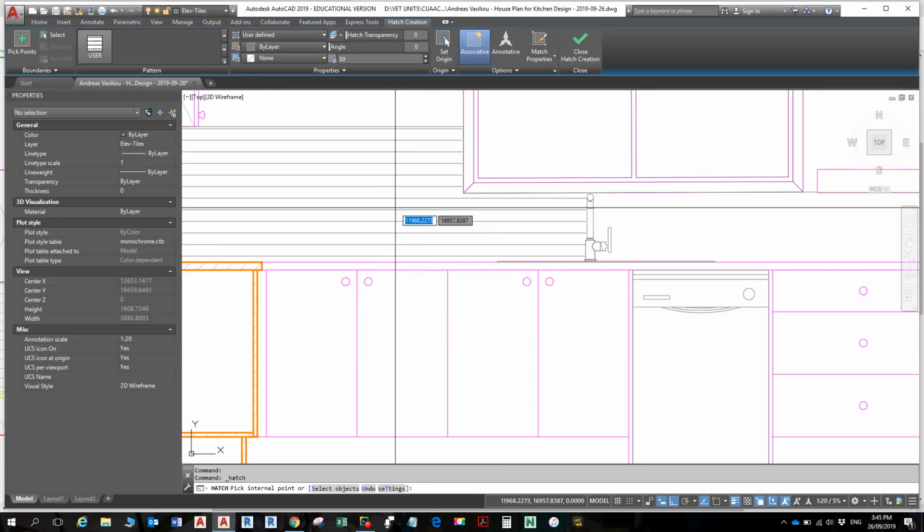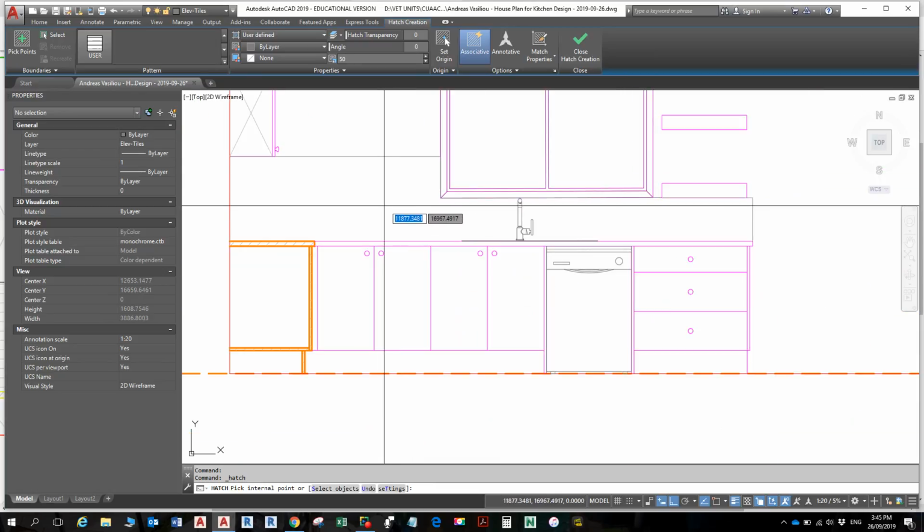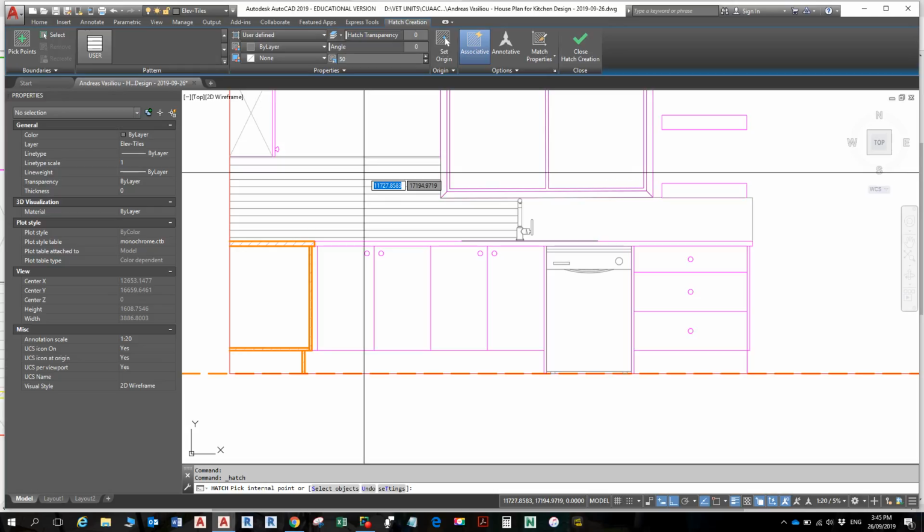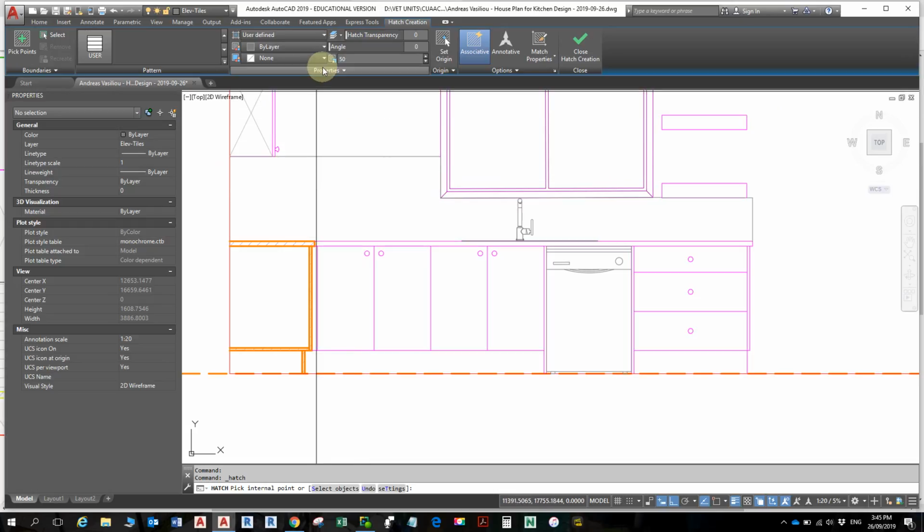Now look what's happening. I'm just getting horizontal lines that are 50 millimeters apart. That's not good. So what are we going to do with that? It's good to know that it does horizontals, but it will also do verticals if I change the angle to 90. But what you actually want to do in this instance is go to the properties and expand the properties out,